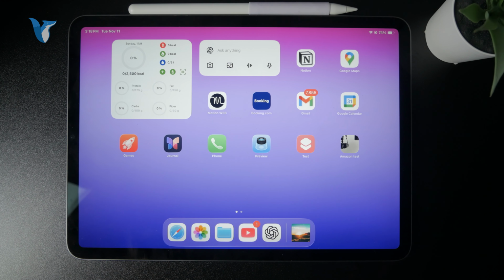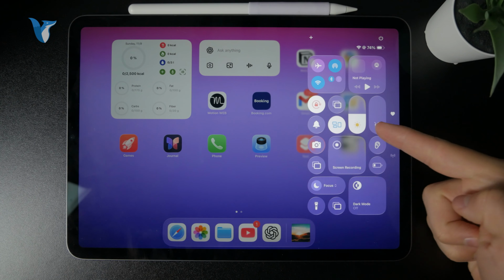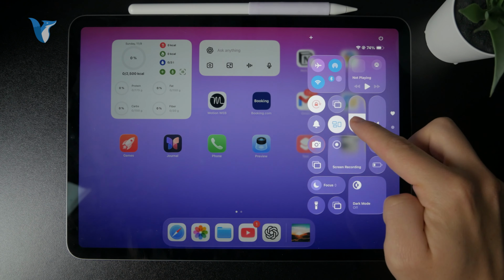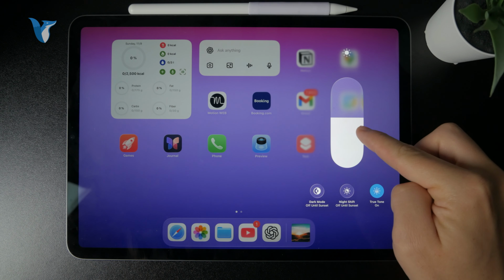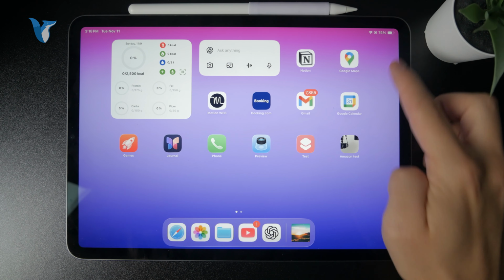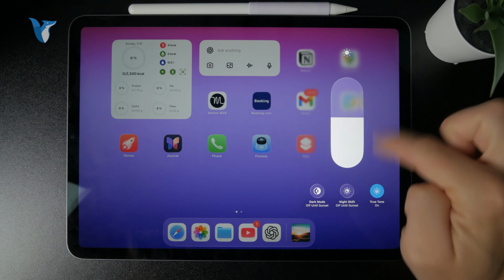Well, if you want to change the light, you can swipe down from the top right corner and you can see we have the brightness slider. You can adjust it and just make it go up and down. You can also hold down on it to make it go larger, so perhaps you get better precision when the slider